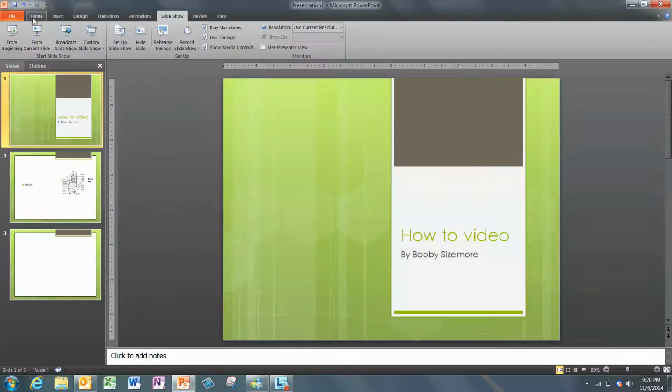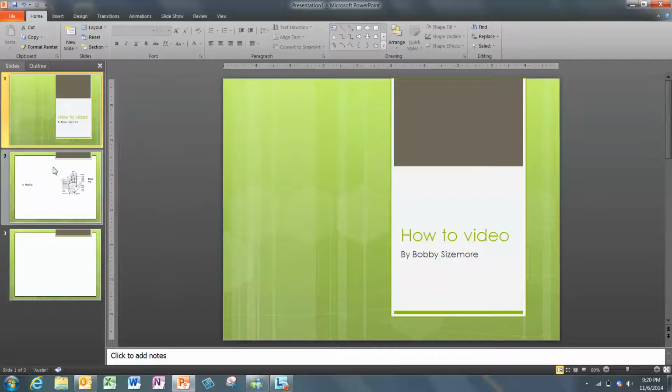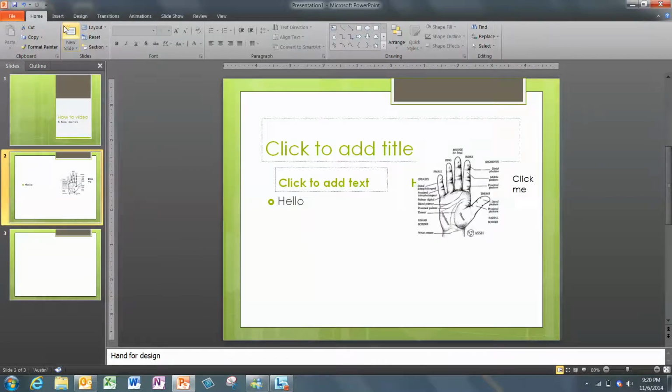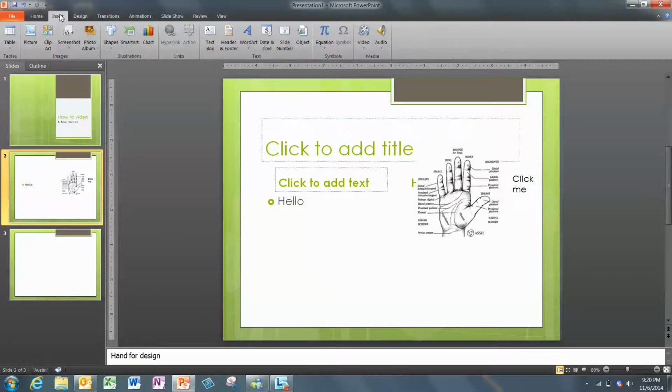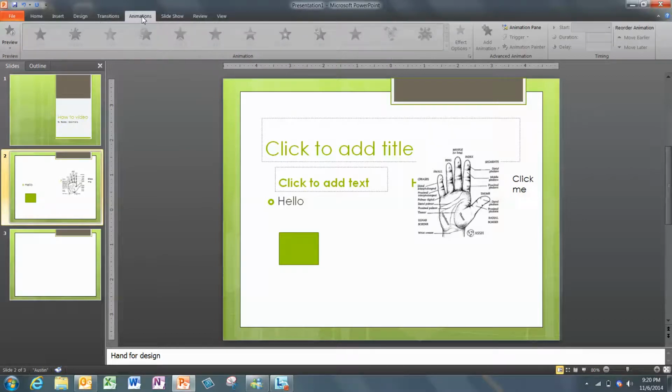Once you actually start playing with it, there's a lot of things you could do with this. Like insert, and put a video in there if I wanted to, some audio, an object, some shapes. If I wanted to add a shape to it, come here, add a shape. So again, you have a lot of things you can do with this, like animation. If you've gotten pretty good at this, you could actually add some animation to the things that are on your slideshow. So here, if I put appear,